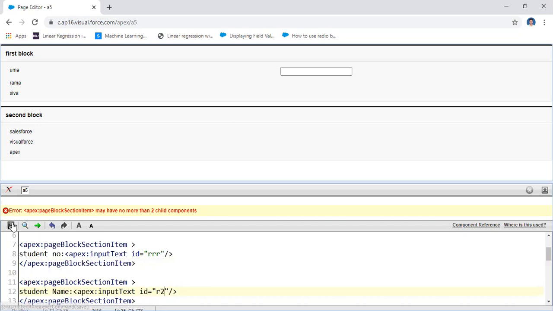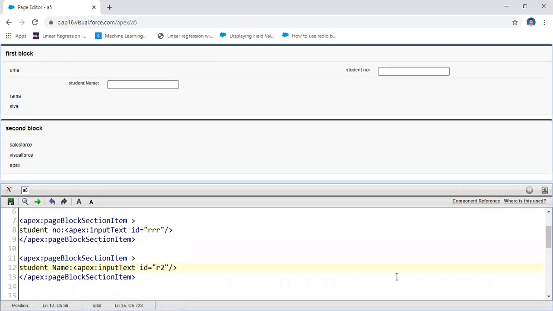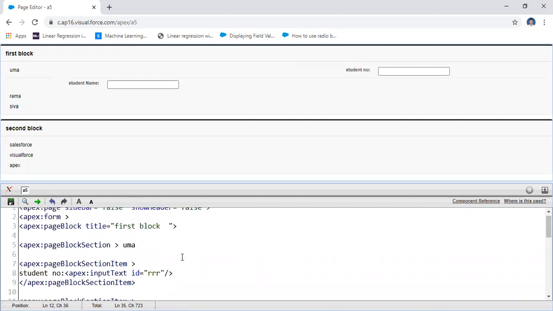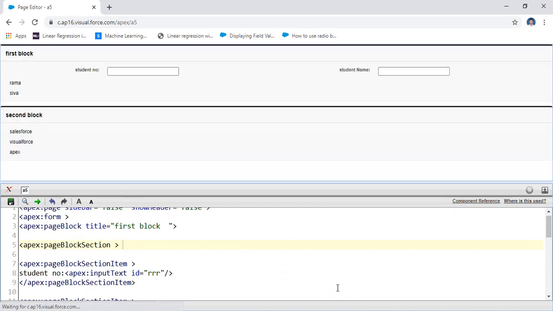Yeah, execute this one. Yeah, another item created like this here. For example, I'm going to remove this one here. That means automatically it takes two columns. That means in the particular block, student number, student name.